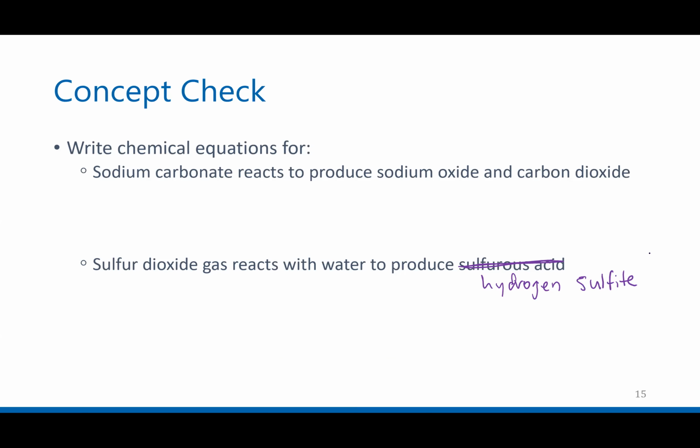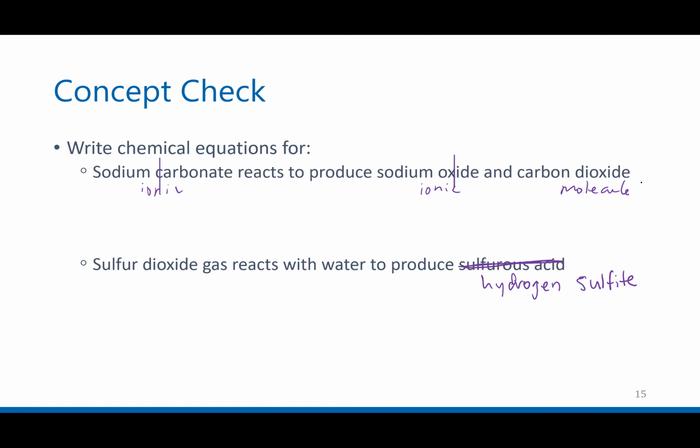Sodium carbonate, so that's obviously ionic, reacts with sodium oxide, also ionic. I know it's ionic because it has a metal and a non-metal, to produce carbon dioxide. This is a molecule. Now, carbon dioxide, if this was on a test or final exam,